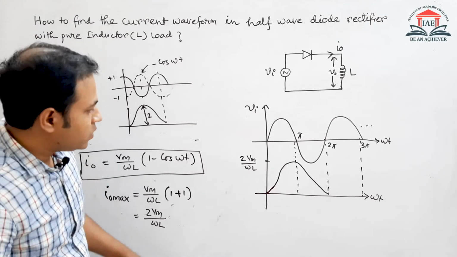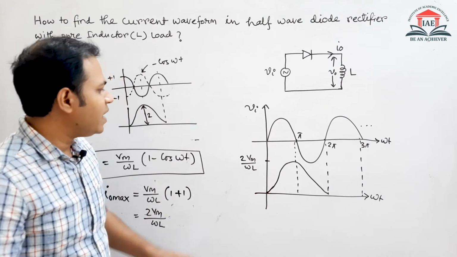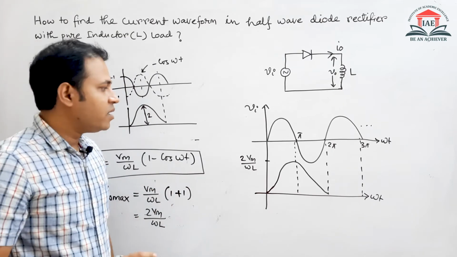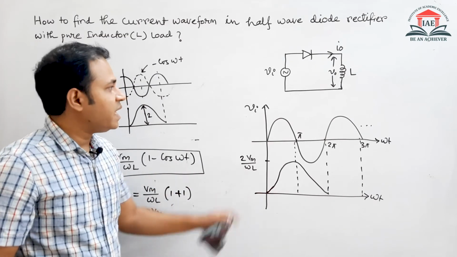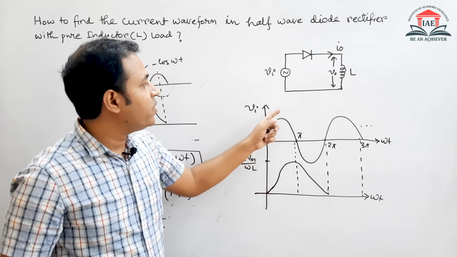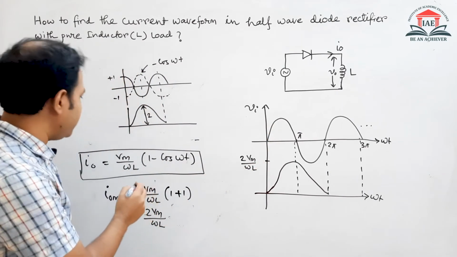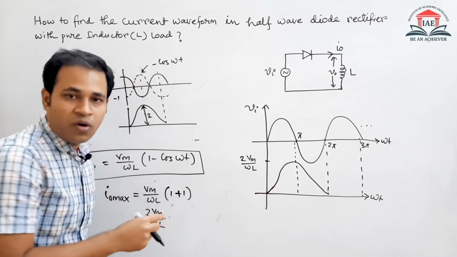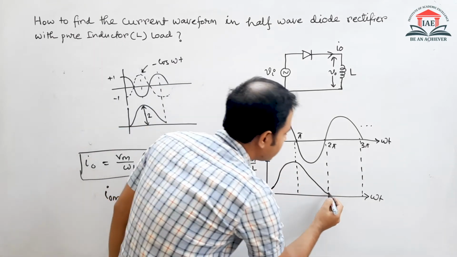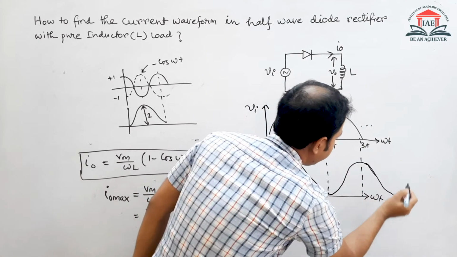Okay, so coming back to the expression, now we will understand one more thing, which is we will understand this waveform physically, because mathematically we can find it out, but if we understand it physically, then the inner working of the circuit will be more clear to us, and that will help us to solve the numericals in less time. Okay, so what is that? Now you can see here Vm by omega L, 1 minus cos omega t. If we plot it, it will look like this, and it will continue in the coming cycles like this.